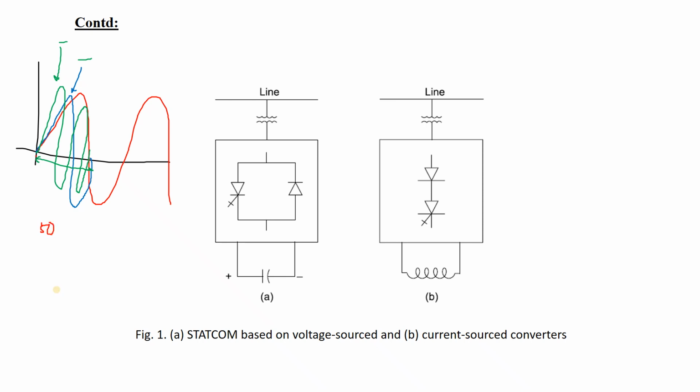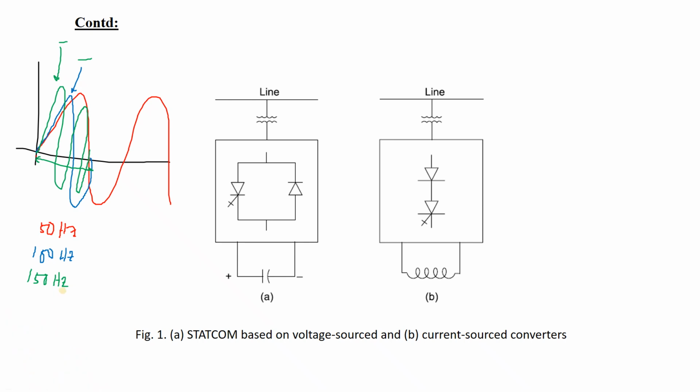The fundamental frequency is 50 Hertz. The second order harmonic completes the full cycle in half a cycle of the fundamental frequency of 50 Hertz. That means it has double the frequency, so it is called the second order harmonic. And the third order has completed three full cycles in one cycle, that is why it is the third order harmonic.